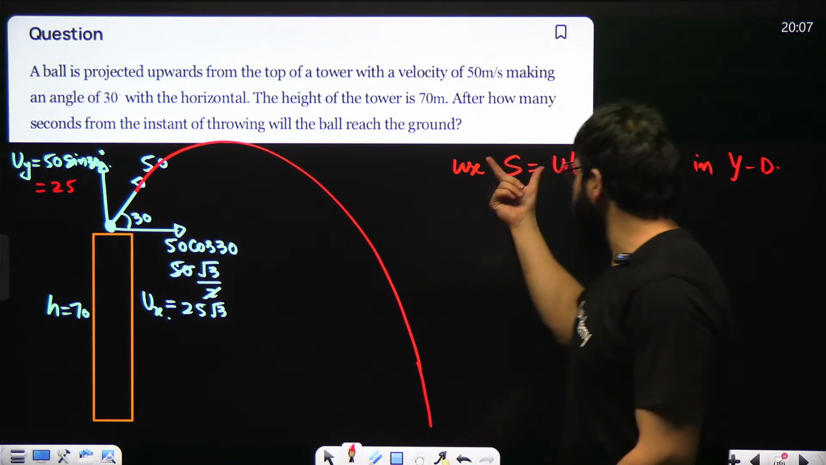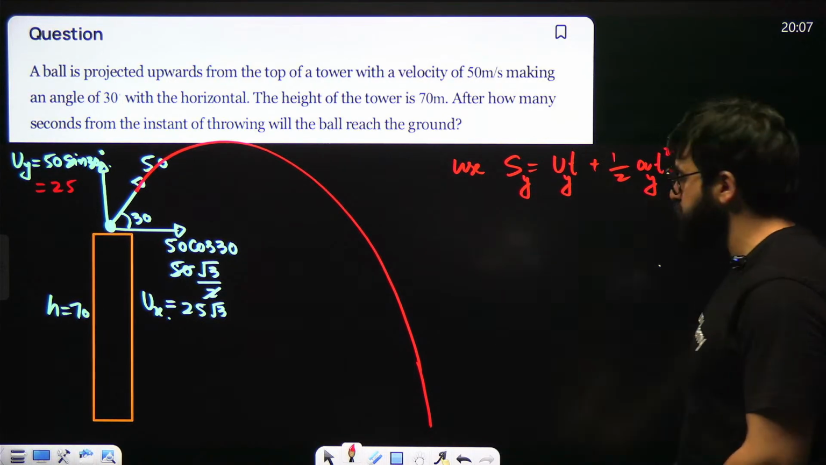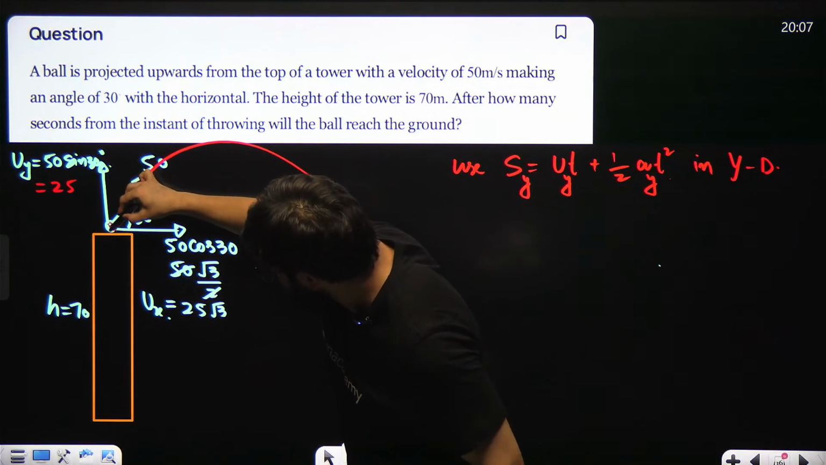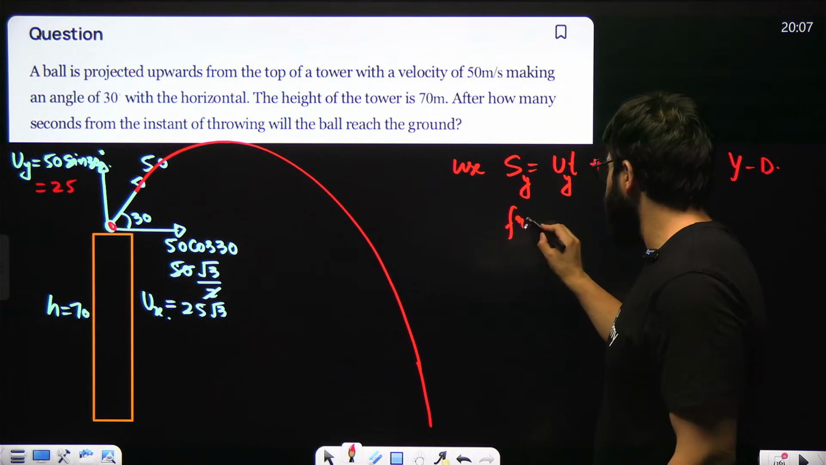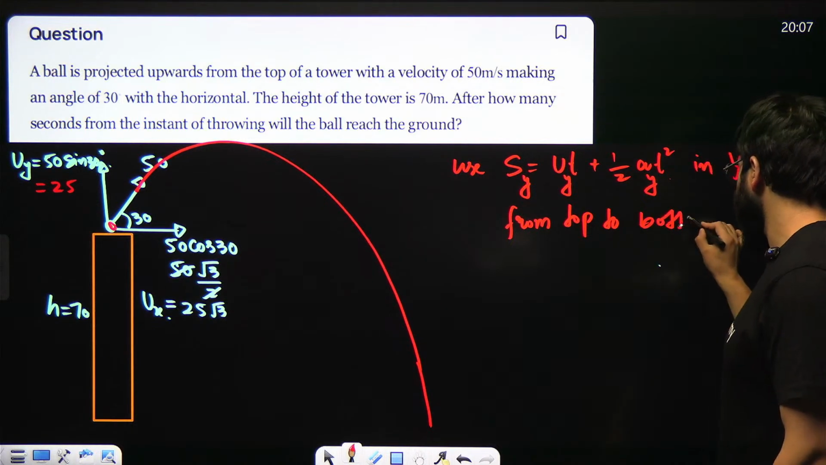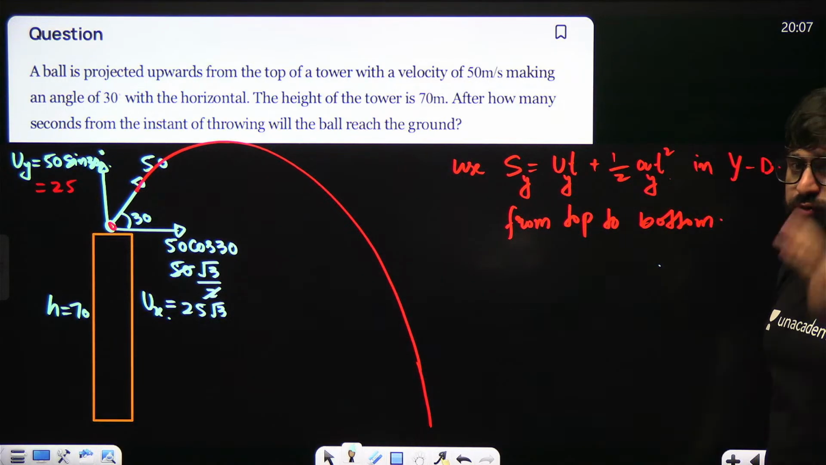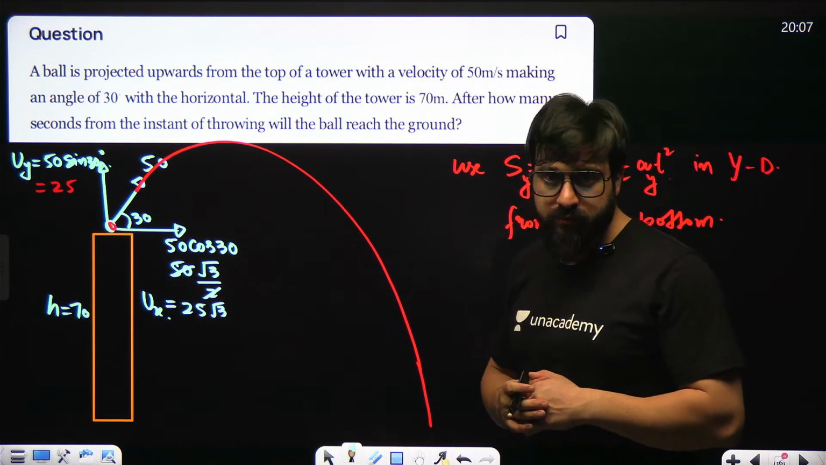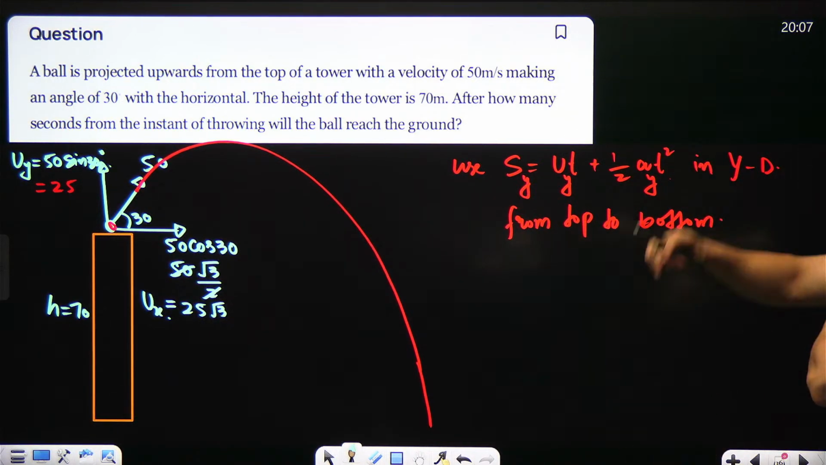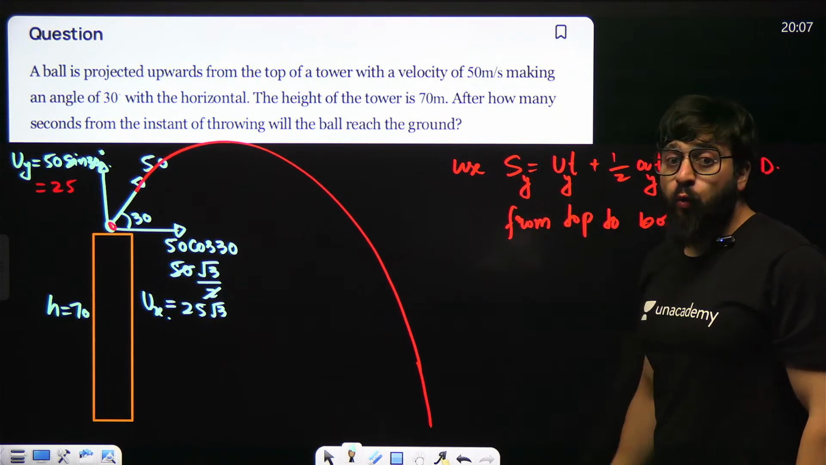Okay, I want you guys to use this equation in the y direction. You have to use it from top to bottom. So we say from top to bottom. Now, if we use this particular equation over here, guys, if we use this particular equation in this case,